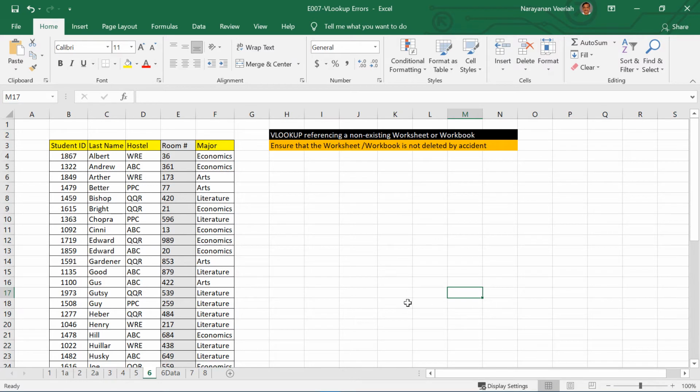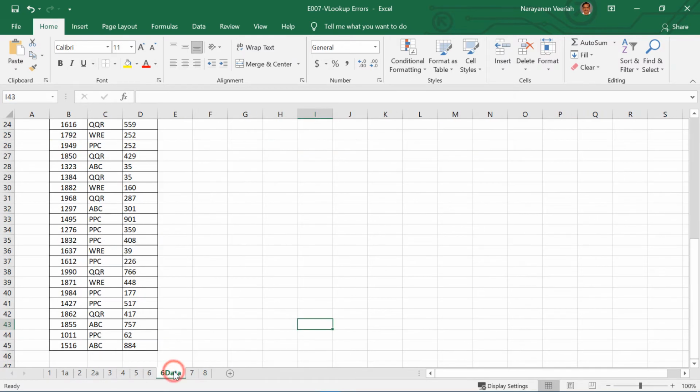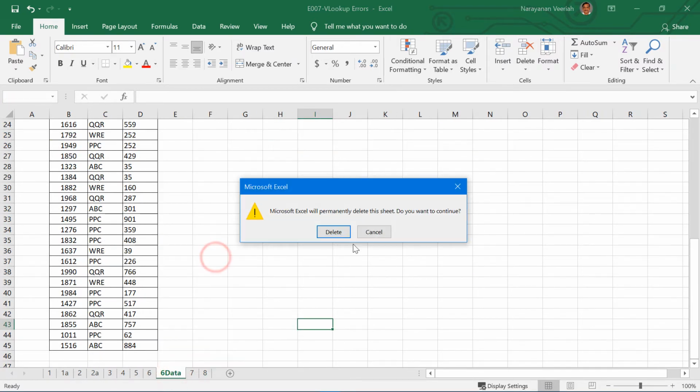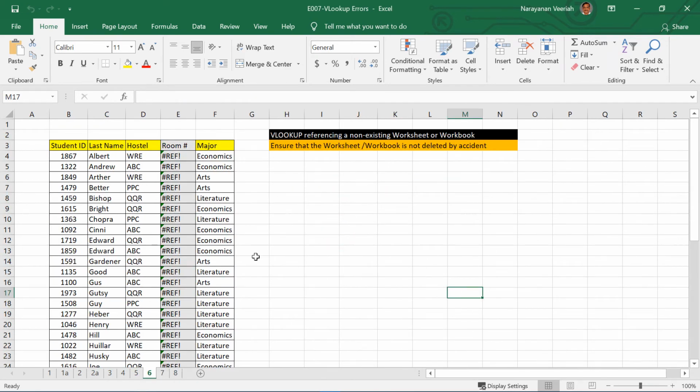However, if you delete this worksheet, then you get the #REF! error in column E for all the values of student ID here because the function is still trying to locate the worksheet 6 data that no longer exists.